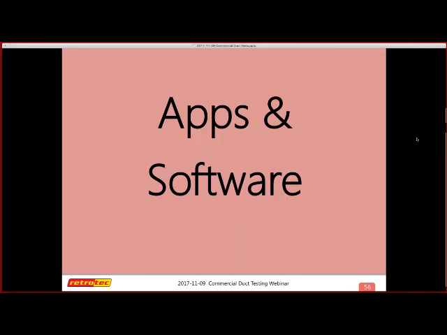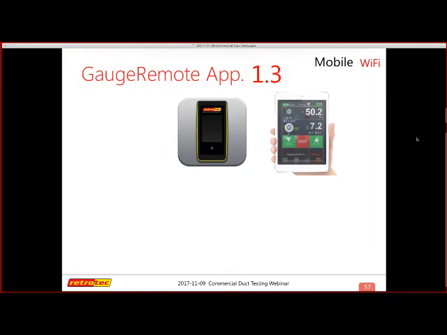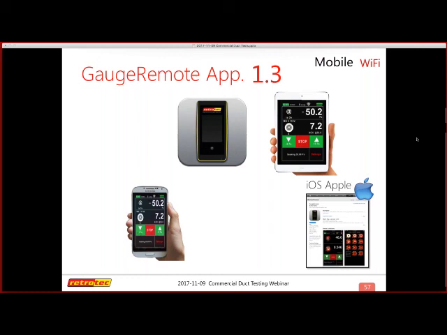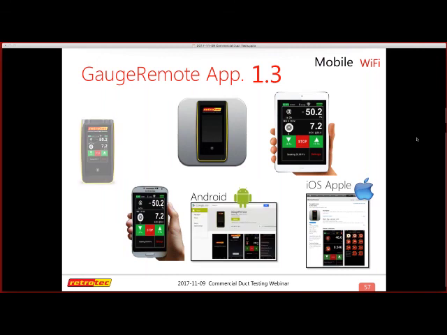So real quick on the app. Gauge Remote is one that we think of as like a remote control for your TV. This is a remote control for your gauge. It works on Android or Apple. You can download this, and what it does is your gauge must be Wi-Fi, right? And then there are ways to get your gauge Wi-Fi to connect to your app, and then you're able to control